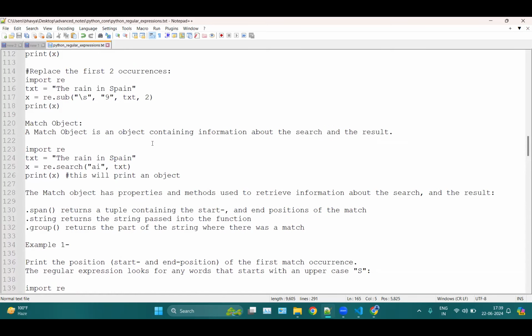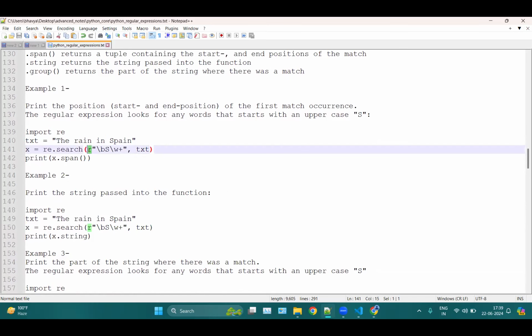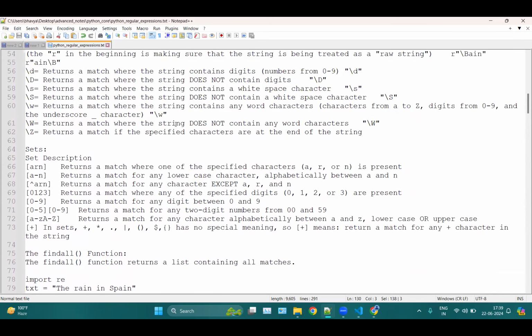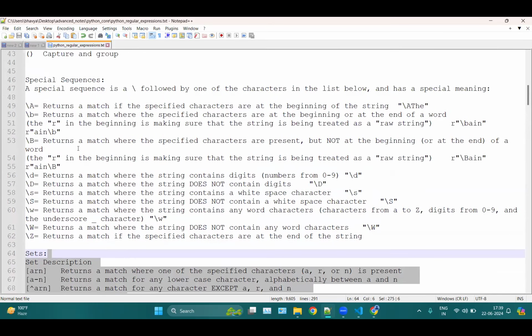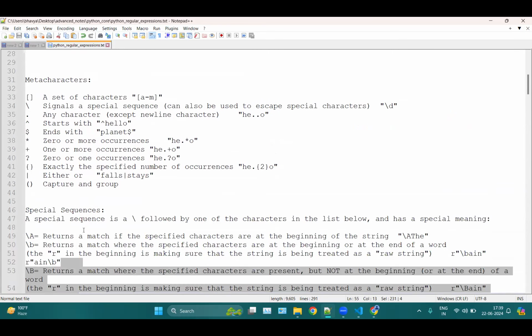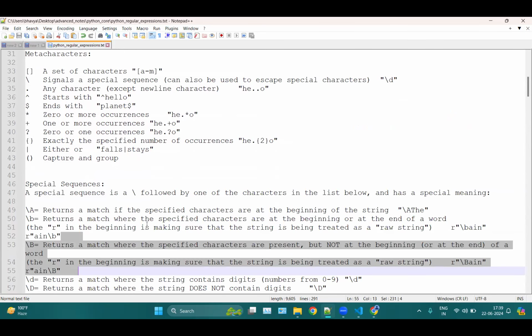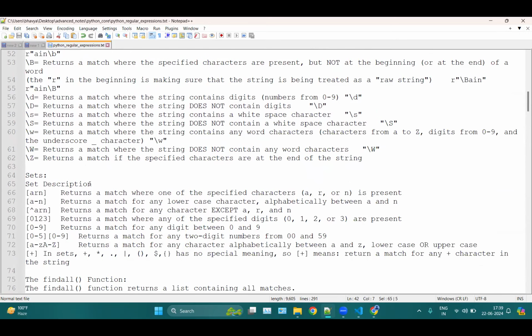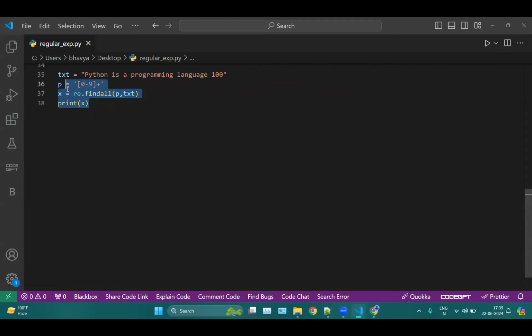The main thing is we have these matches here, which are span, string, and groups. And then we have the set functions like this one. We have special sequences, and then we have these meta characters. These are all important, and you can combine these meta characters, special sequences, and sets all together to find a string. For example, let's say we are looking for